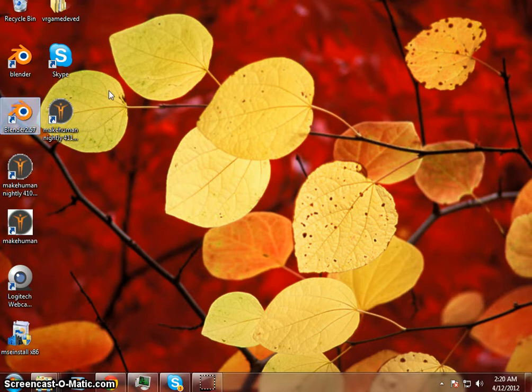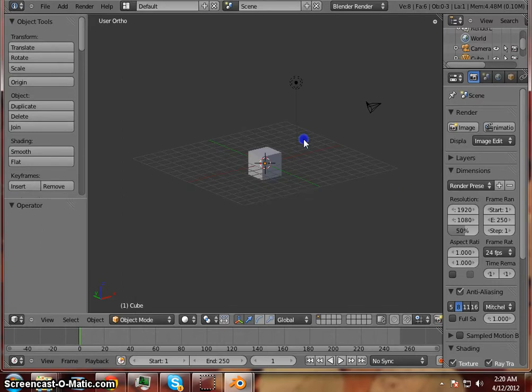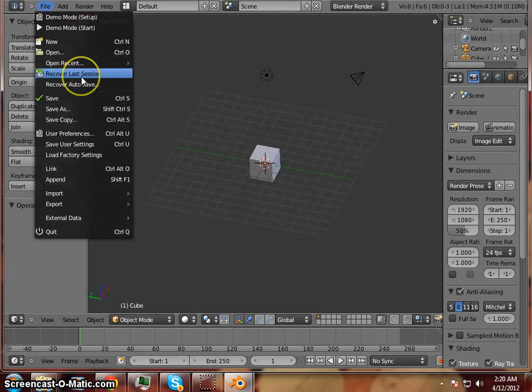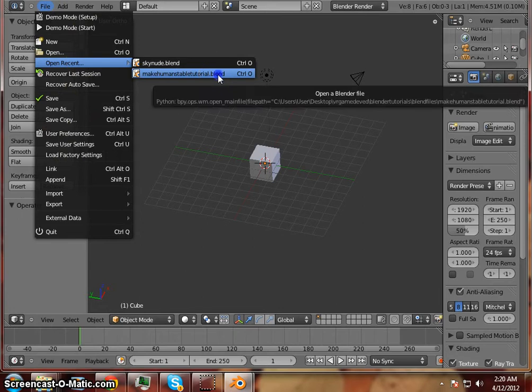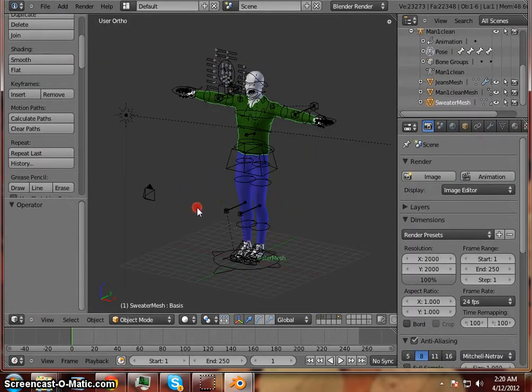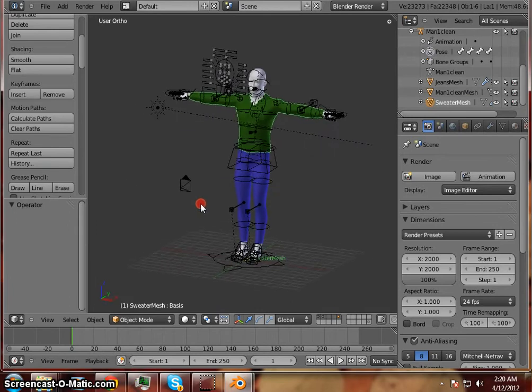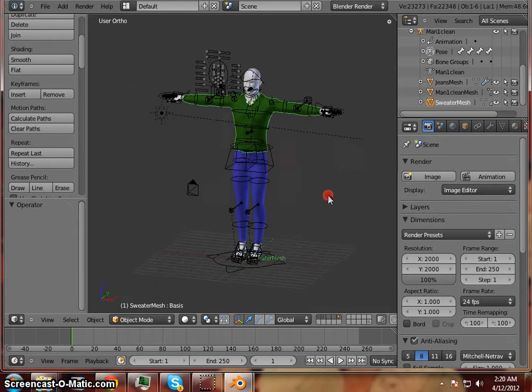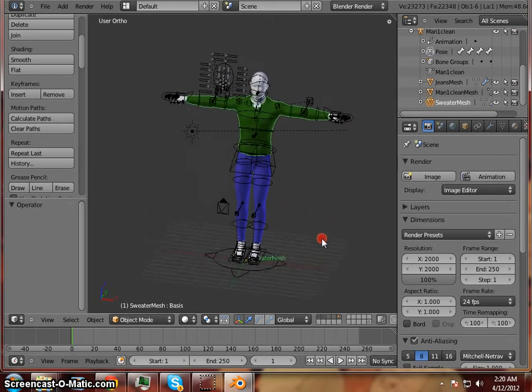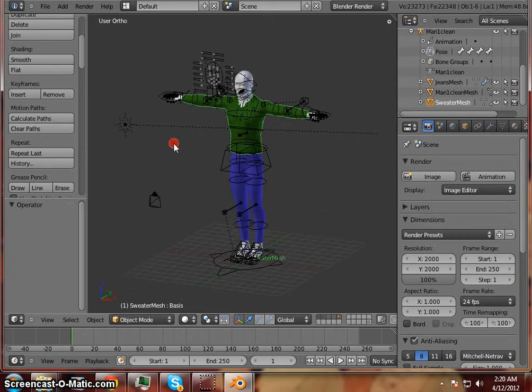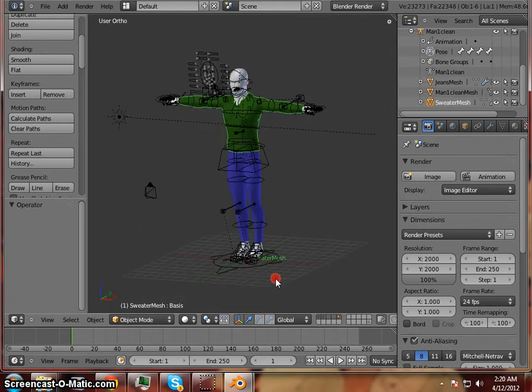So open up Blender 2.57. If you followed the first two tutorials in this series, we already imported a MakeHuman model from the stable release. So I'm going to go ahead and open that. Okay. I set him up with the camera and everything, right? I already subdivided the t-shirt and everything. So, okay. The first thing you want to do here